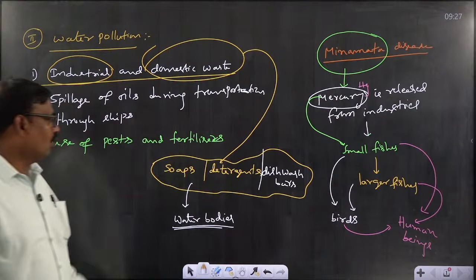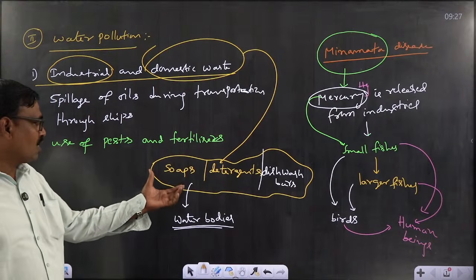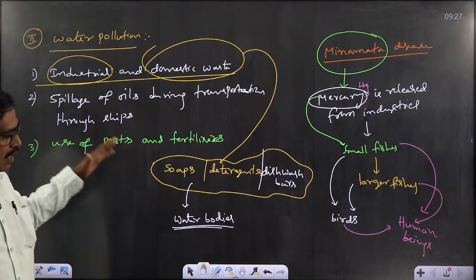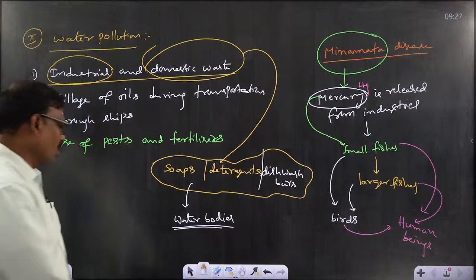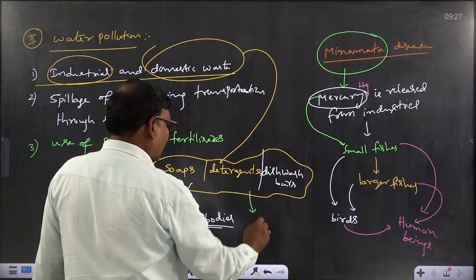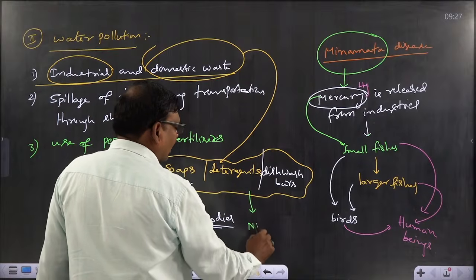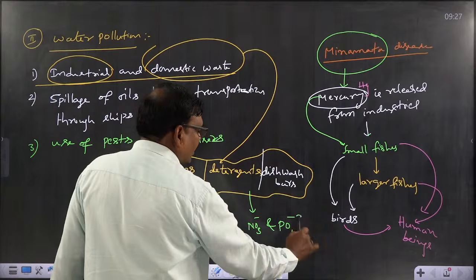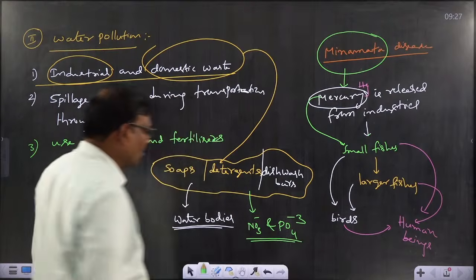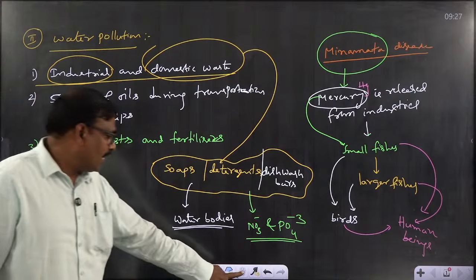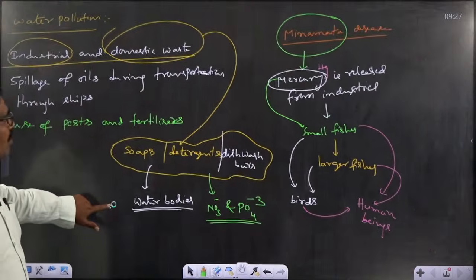So if you use soaps, detergents or dishwash bars, they directly enter the water body. These soaps and detergents contain nitrates and phosphates. These nitrates and phosphates will act as nutrients